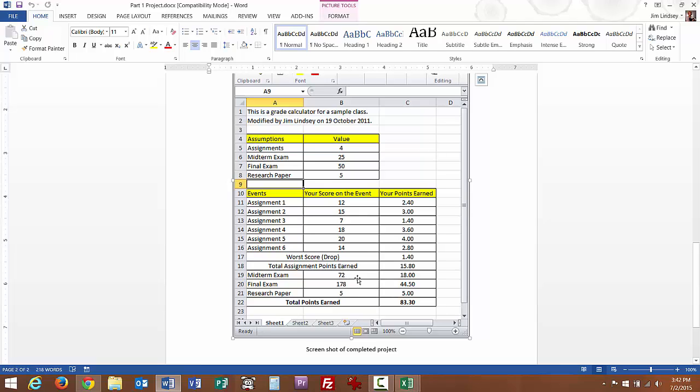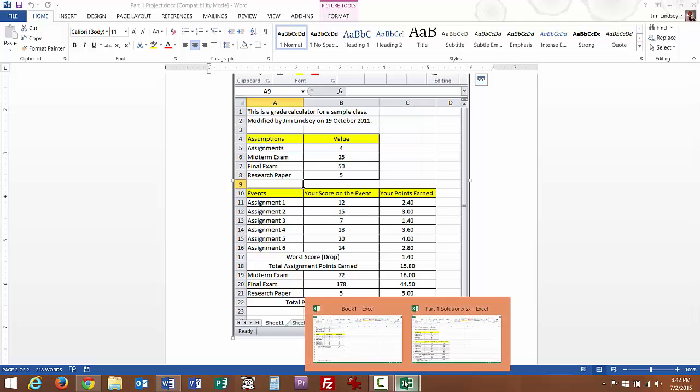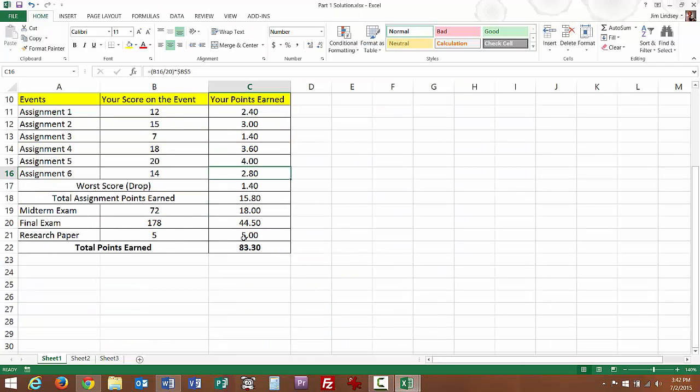But this is just repetition at this point of what we did with the assignments over here. Do the same thing there. You're just multiplying times the appropriate box, in this case midterm, final, or research paper, and then you add things up. For your total points earned, you would add up the total points earned. I'll go to the solution file right here. You'll see